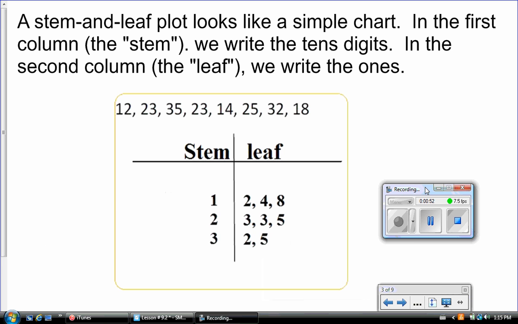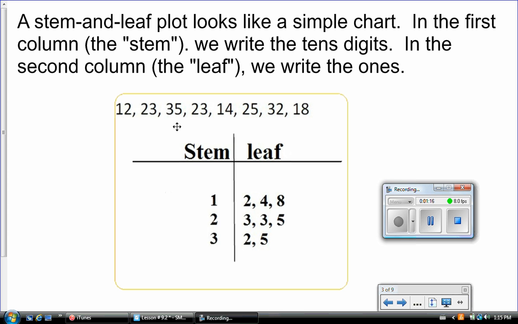A stem and leaf plot looks like a simple chart. In the first column, the stem, we write the tens digits. In the second column, the leaf, we write the ones. So looking at this example here, we have a list of numbers,